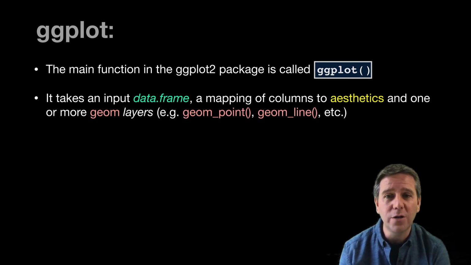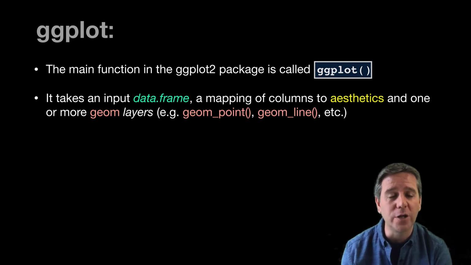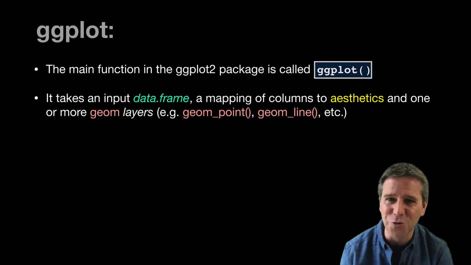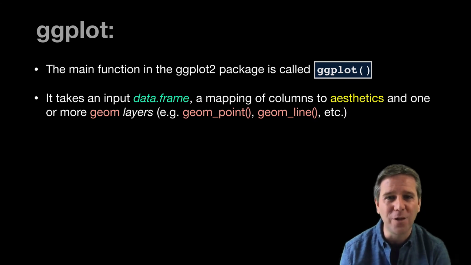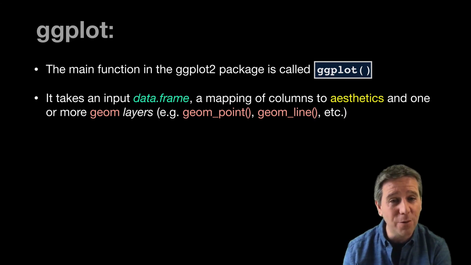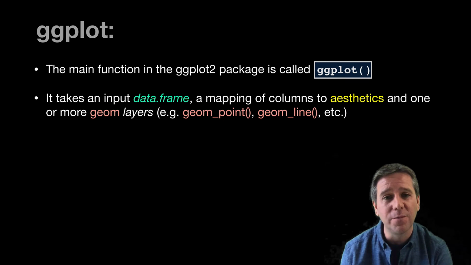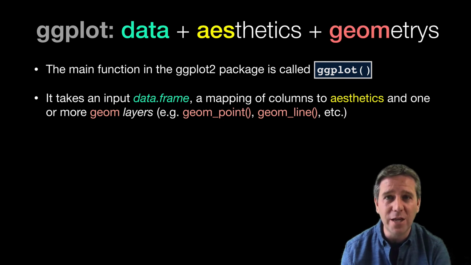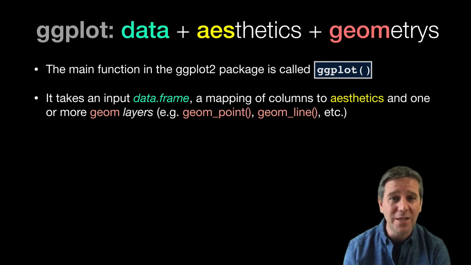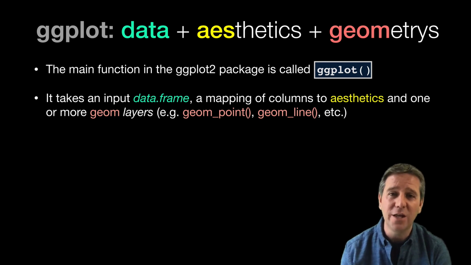And then we also need a third thing. It also wants something, a so-called geometry layer, or geom for short. That is, do you want your plot as points, like in a scatter plot, or lines with geom line, or bars with geom bar, etc. So we're going to take these three things, minimally these three things, the data, the aesthetic mapping, and the geoms,